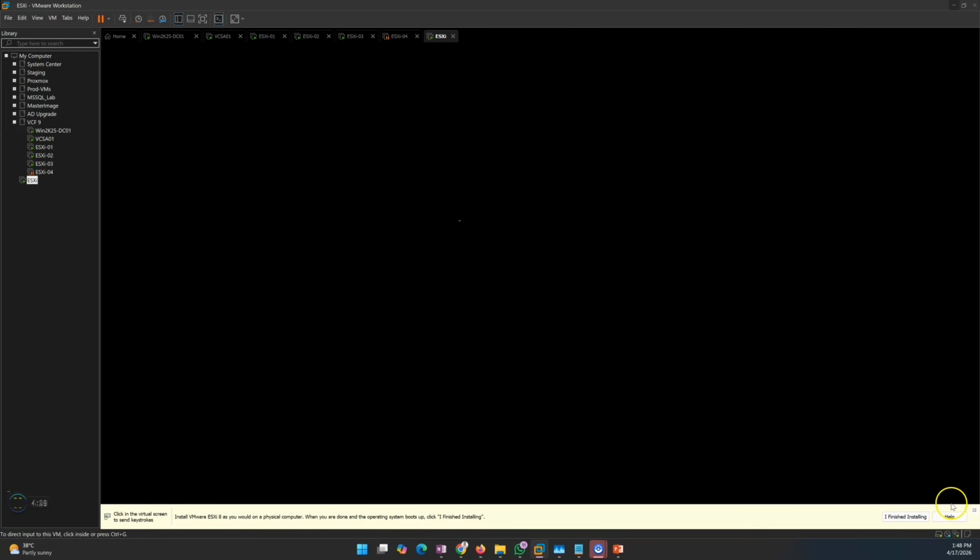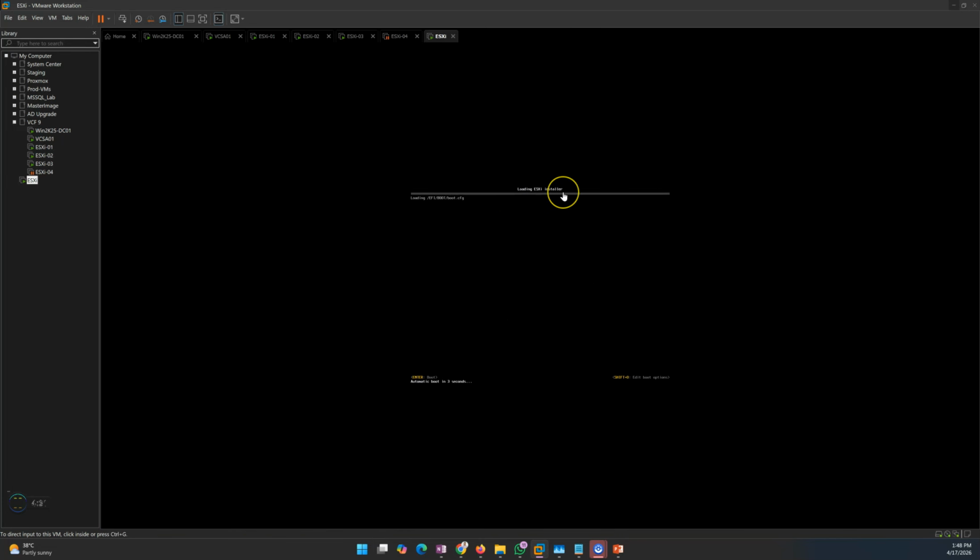So now I'm able to power on. Now you can see the loading the ESXi installer. So this will take some time to load the installer. You need to wait for the installer to get loaded successfully, and then it will give you the next step,